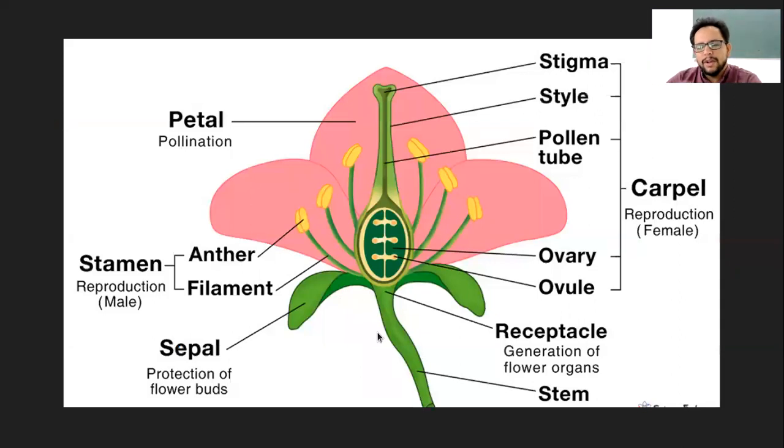So just to show you here, this is the pedicel, this is the receptacle, and the green part that you have, we will be seeing these structures individually, but this green part that is extending or holding the flower on its base is called sepal, or collectively it is called calyx. And this colorful part, here shown in a pinkish color, these are the petals, and collectively they are called corolla.